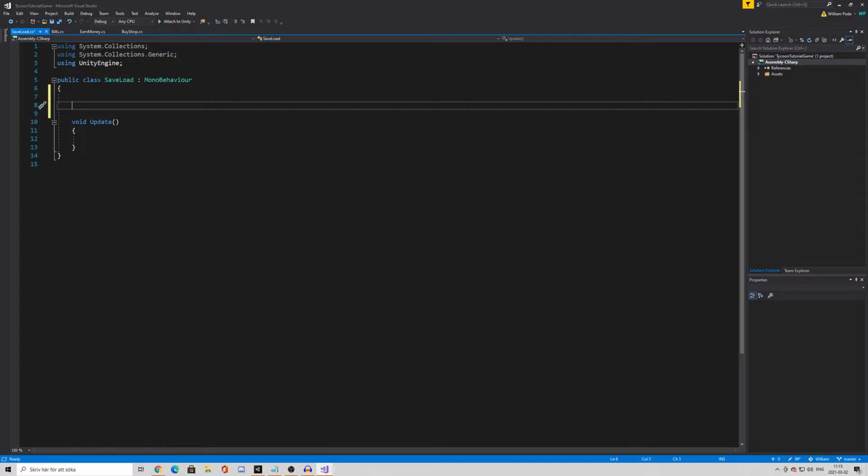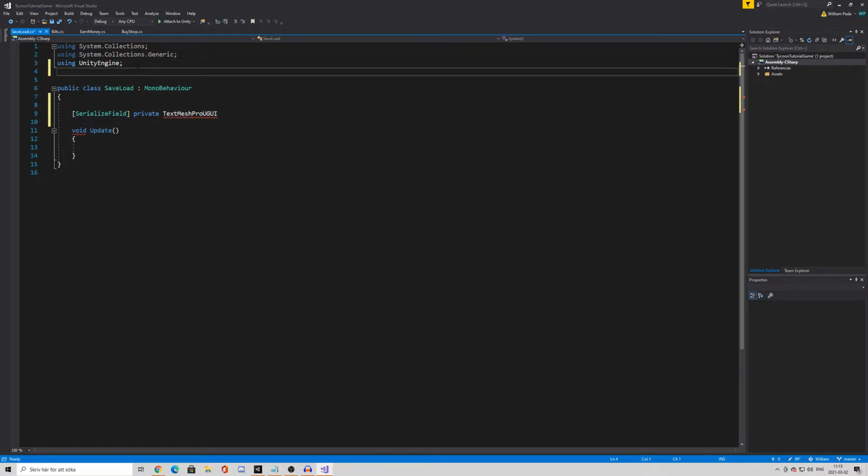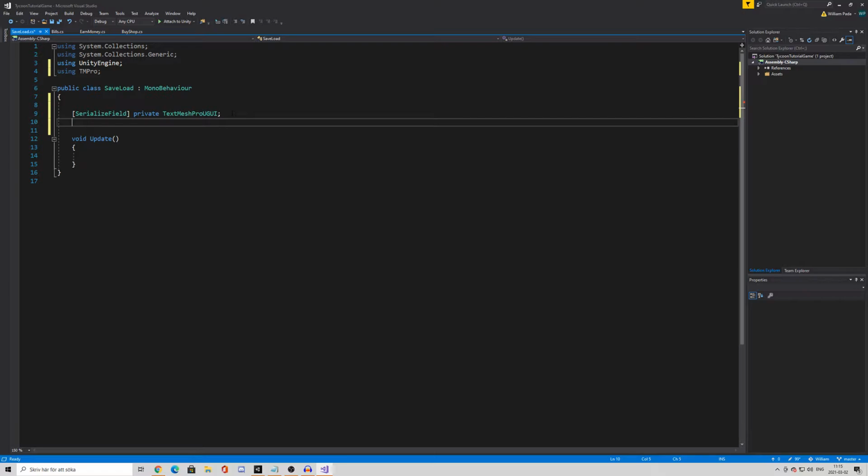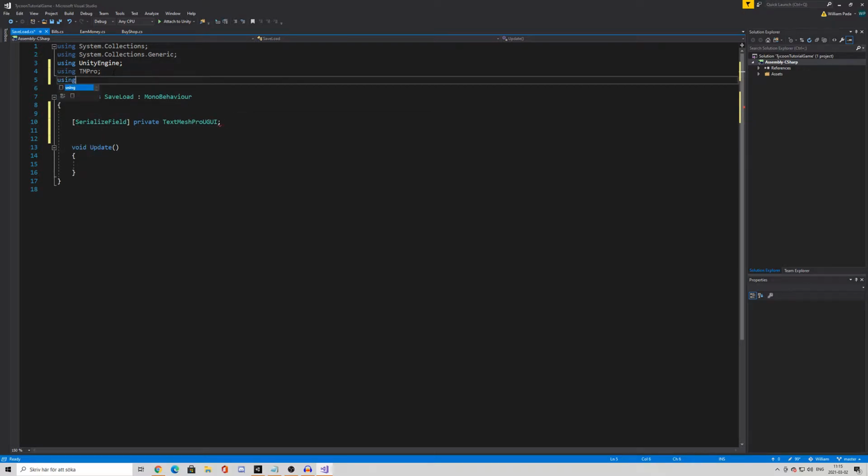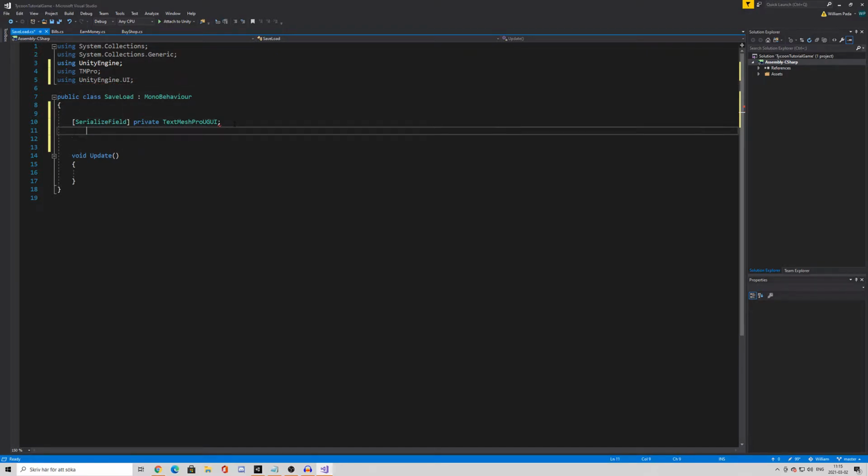So first of all, we're going to need to make a serialized field private TextMeshProUGUI, and for that we need to add using TMPro and end off with a semicolon, and then we also need to add using UnityEngine.UI, and then